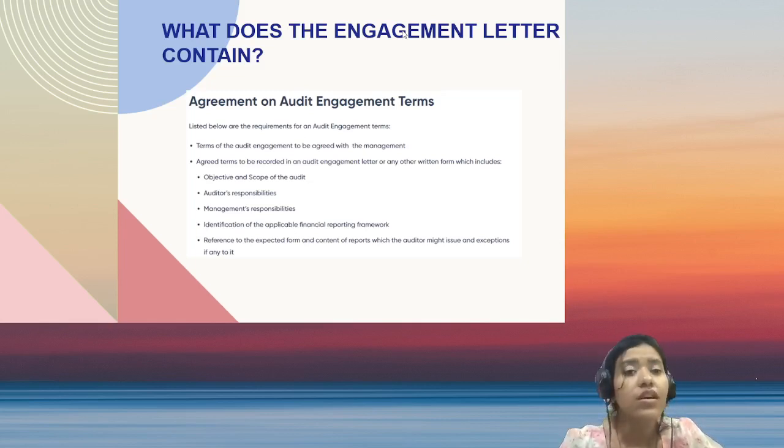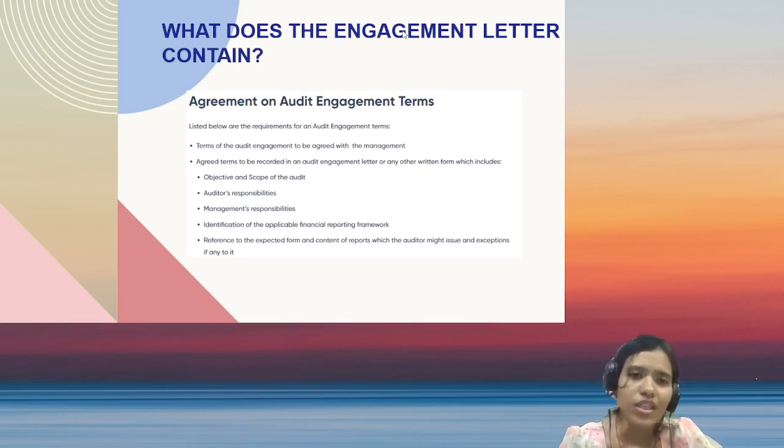And lastly comes the nature and the context of the opinion that would be issued by the auditor, and the situations in which they would differ, that is, what would be the form and context of that opinion. Wherein he is issuing an unqualified opinion, he wouldn't be stating the reasons why, because an unqualified opinion simply means that the financial statements are showing a true and fair view. So just stating that the financial statements show a true and fair view would be enough, wherein if he issues an adverse kind of opinion or modified opinion, he has to state the reasons why he has been issuing such kinds